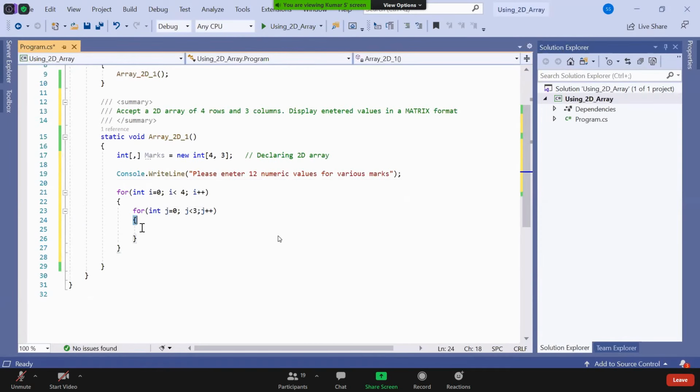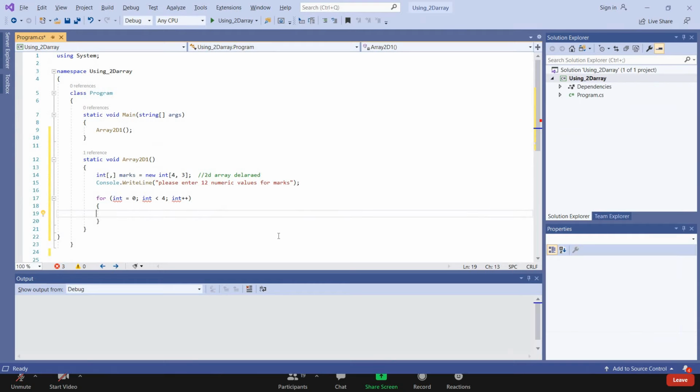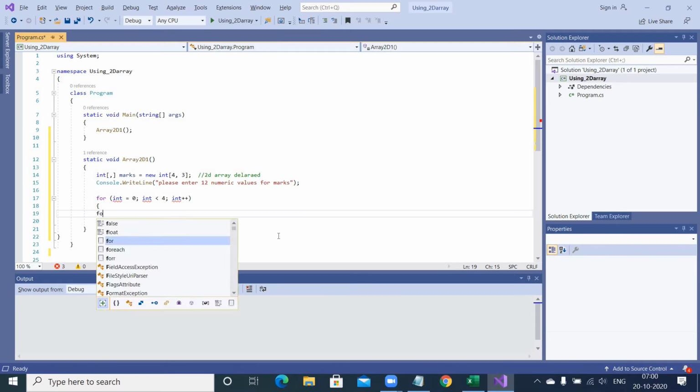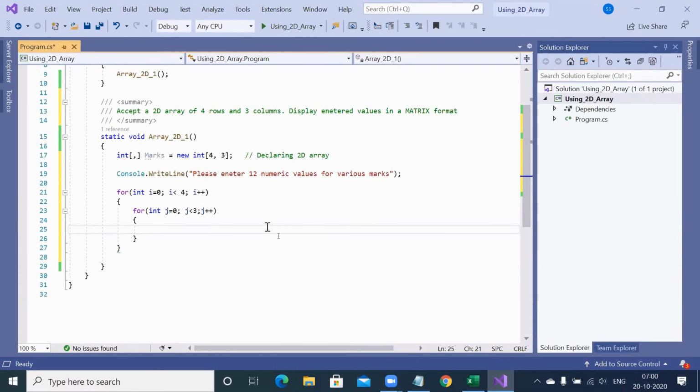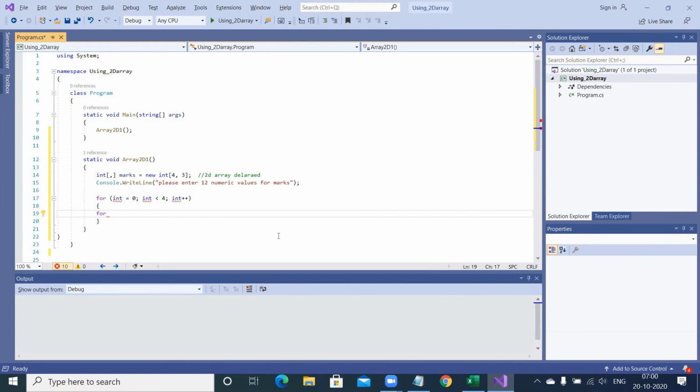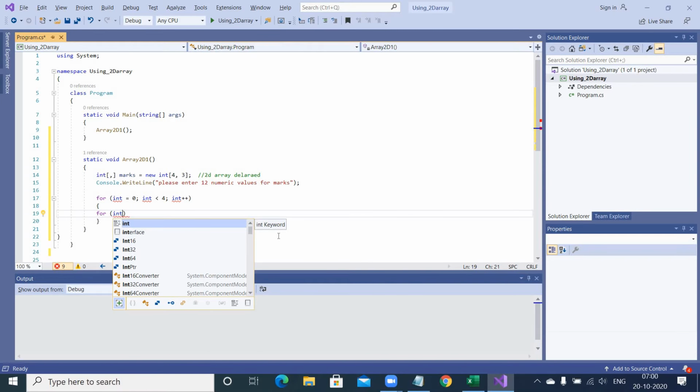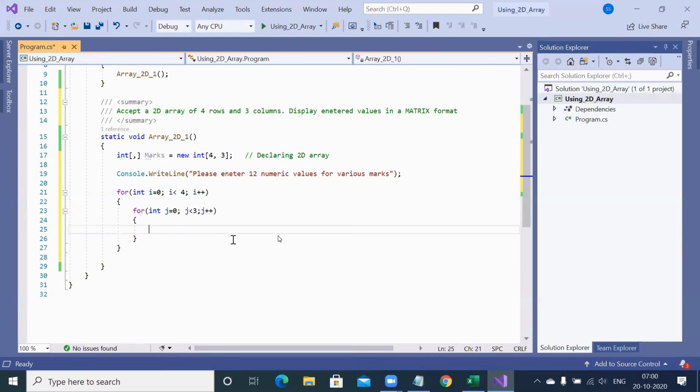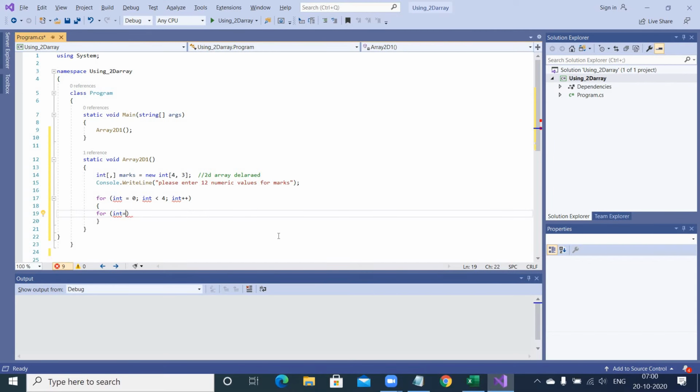Now inside this, should I write console.writeLine or should I write console.readLine? That matters. If it is accepting the data, that means you are asking user to enter, then of course console.readline. If it is displaying the data, then console.writeline.